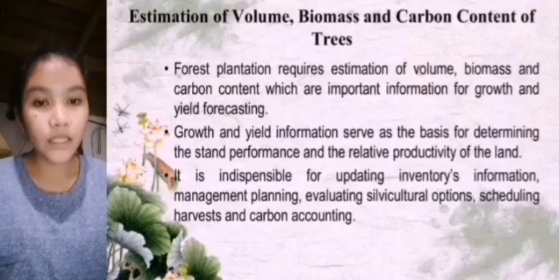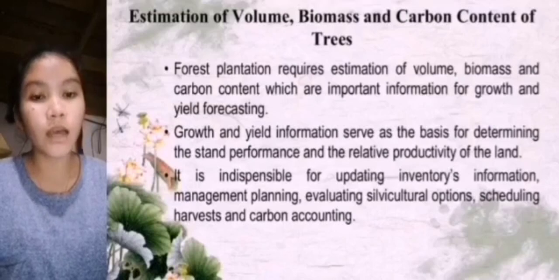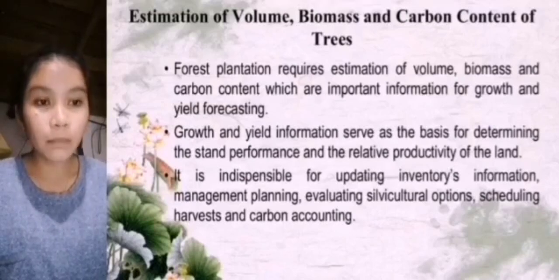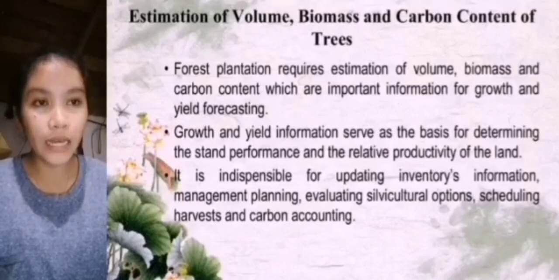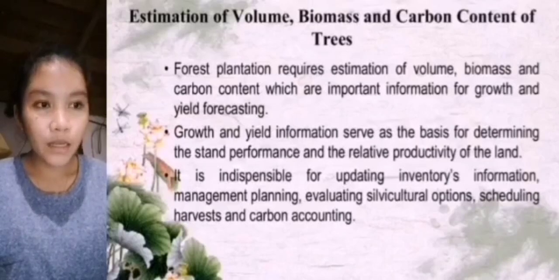Magmatter ang quality sa timber kung ang land is productive pa siya or dili. So, it is indispensable for updating inventory information, management planning, evaluating silvicultural options, scheduling harvest, and carbon accounting. So these three methods that are applied in plantation management are very important kay there is an mag-inventory man,